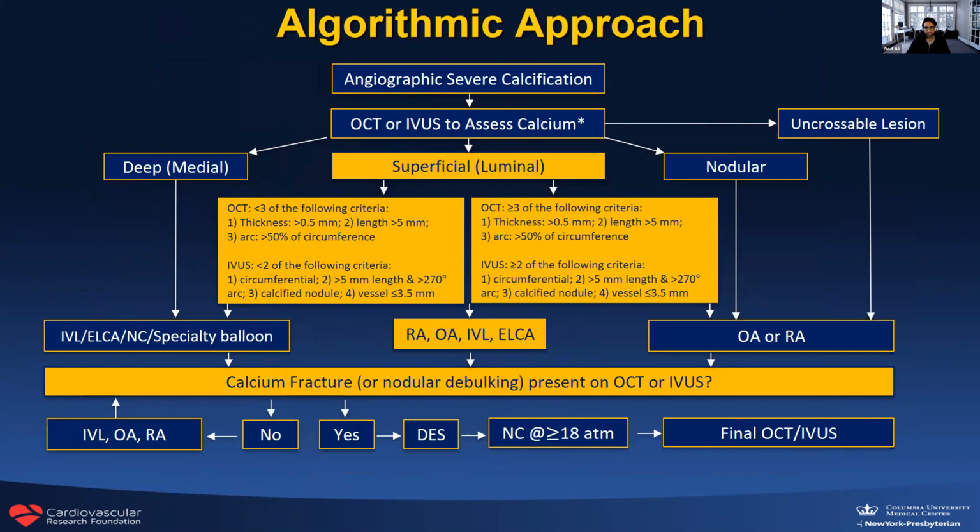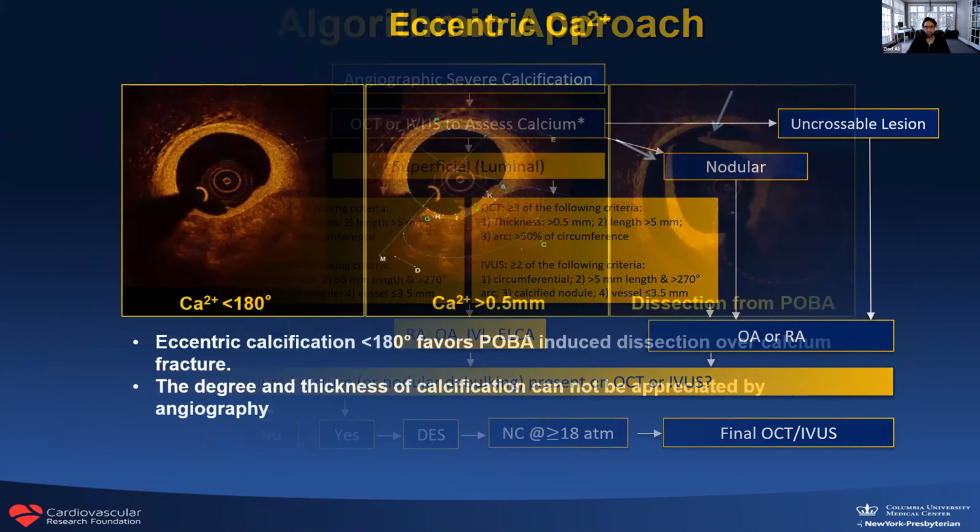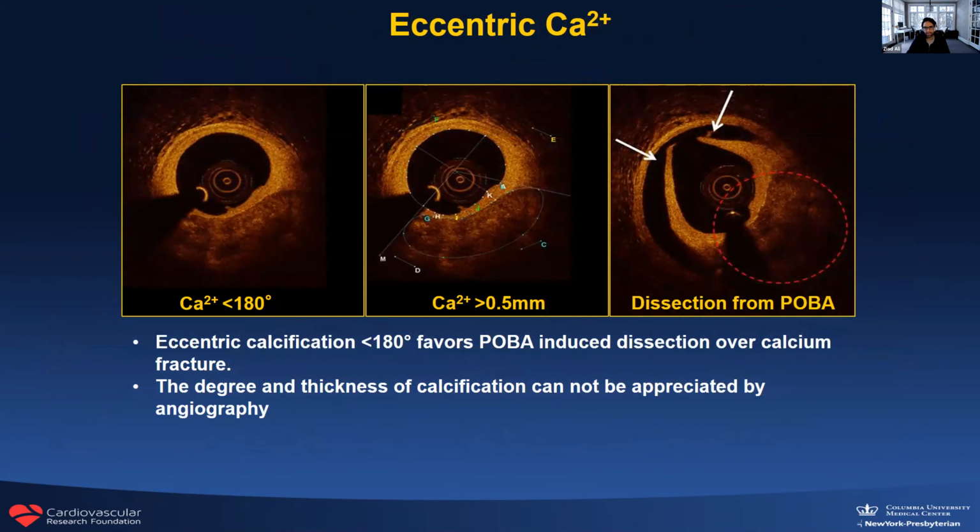For superficial calcification, we have lots of choices: rotational, orbital, intravascular lithotripsy, and laser. And what you can also see is that by understanding on OCT the pattern of calcification, for example here, less than 180 degrees, you can predict how the balloon will behave. Naturally, expanding a balloon in this segment with a totally normal artery on the other side will never induce calcium